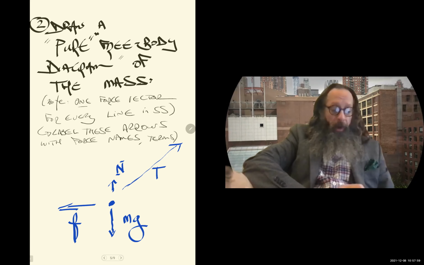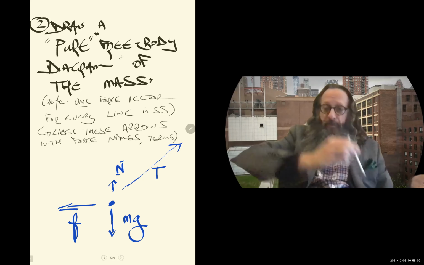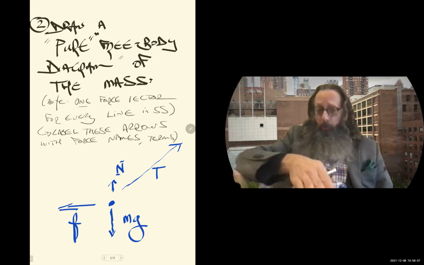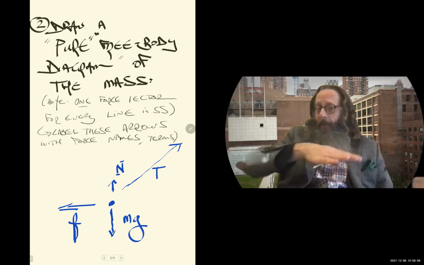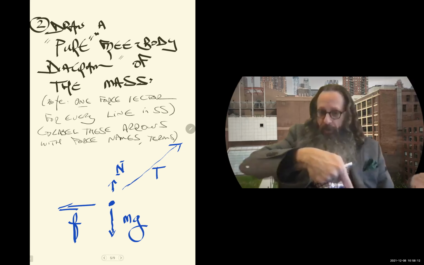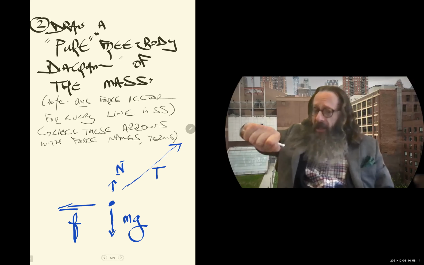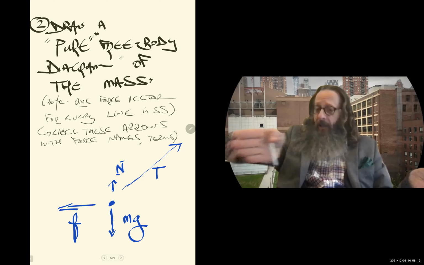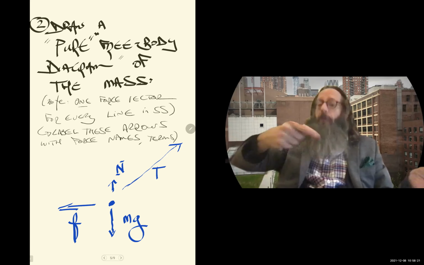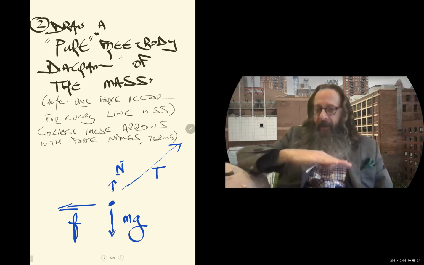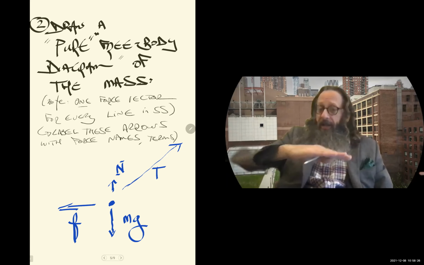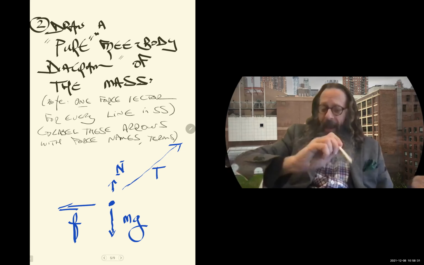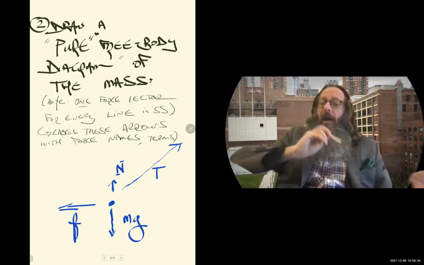All right, so what I did was I decided that this block or this box, this package that's on the ground, and again, please stop me if you don't know where I am or what I'm doing or why. I'm doing the same problem from Monday. In this problem, I'm pulling it up on an angle, but I'm expecting that the package is going to accelerate horizontally along the floor. Therefore, I call that the expected axis, the horizontal axis, the x-axis. And so anything that's not lying along that axis or the perpendicular y-axis gets broken up.